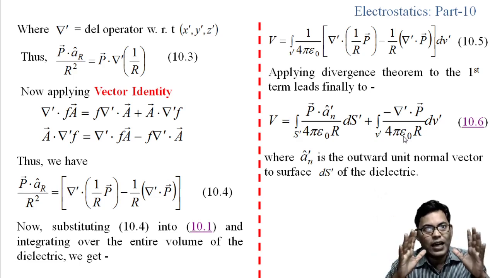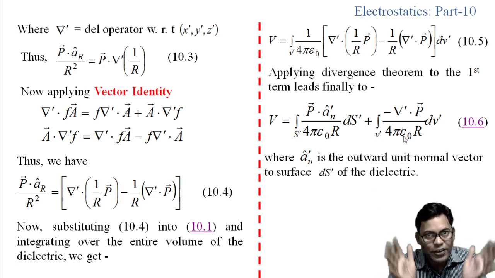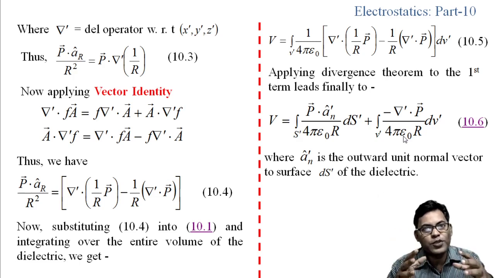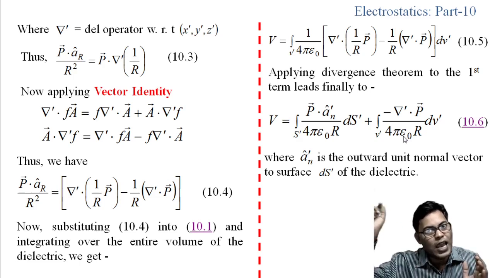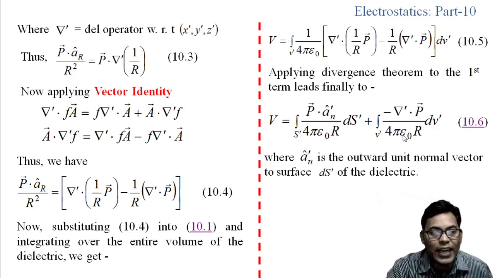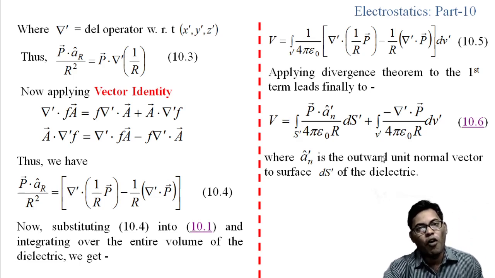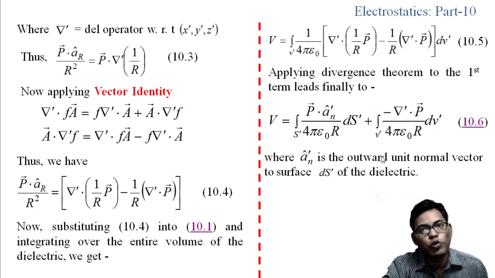As the dipoles have the negative charges at the surface of the dielectric material, then the positive charges will be at the interior of the dielectric material. So from that we can get the volume charge, and for that volume charge we will get another potential at that same point. Now if we add these two potentials, we can get this potential V. So that is the physical interpretation of the potential at some exterior point due to the polarized dielectric material.